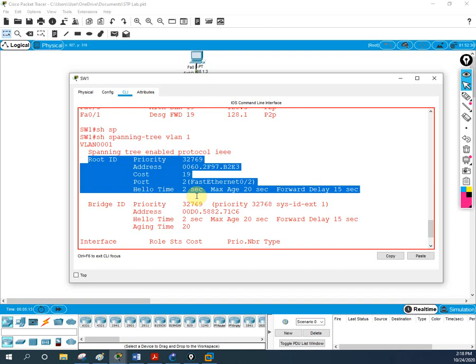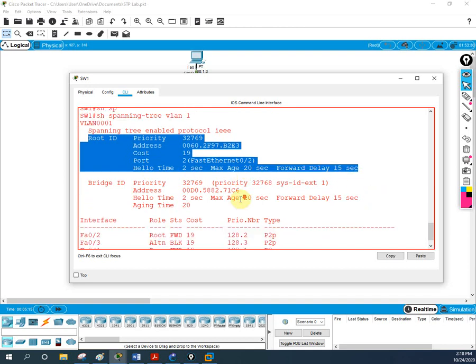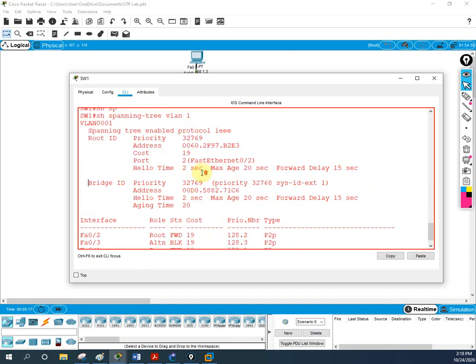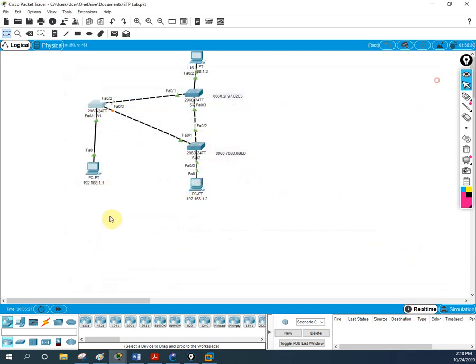This is the root ID information, the root bridge information, and this is our own information, and here also it is not written that this is the root bridge. Only here we have the information. So this is the MAC address of this switch. Let me copy this one also and paste this information here. If you see here,